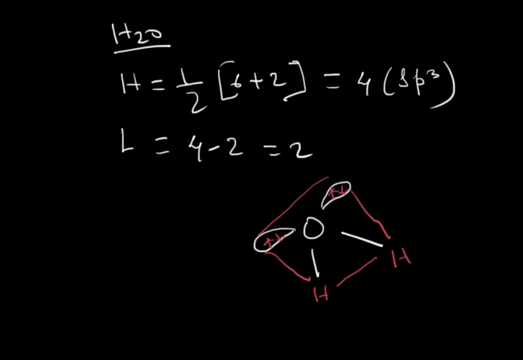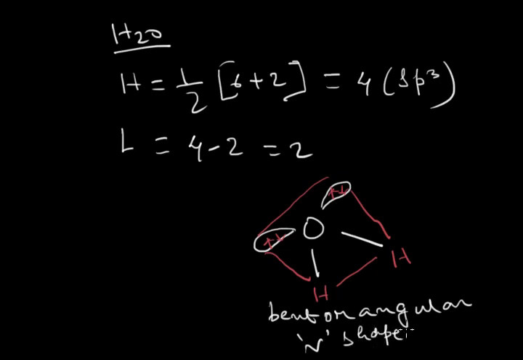The shape of the molecule is bent. The molecule is bent or angular, or it is V-shaped,